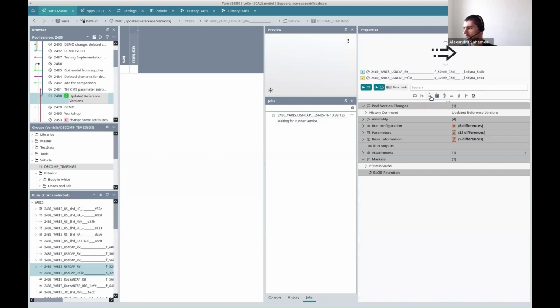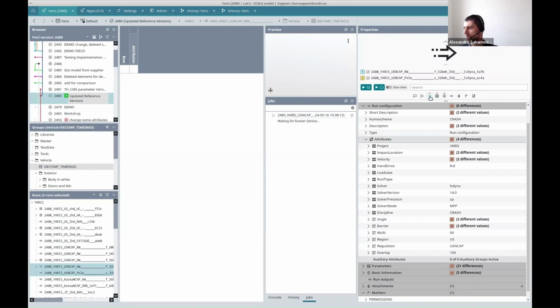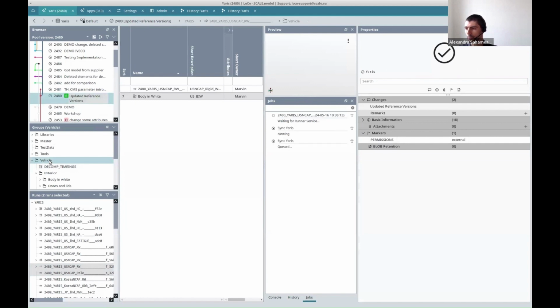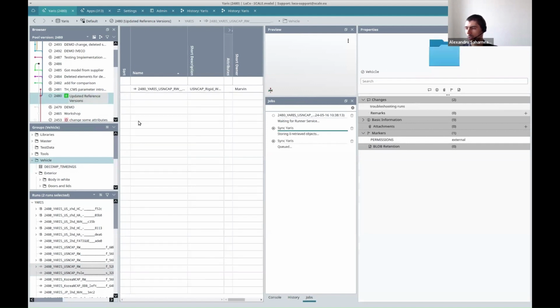So for example, I can click on this run configuration category and I can look more specifically at what are the differences in this category for my current selection, so for these two runs. The same also works for components,